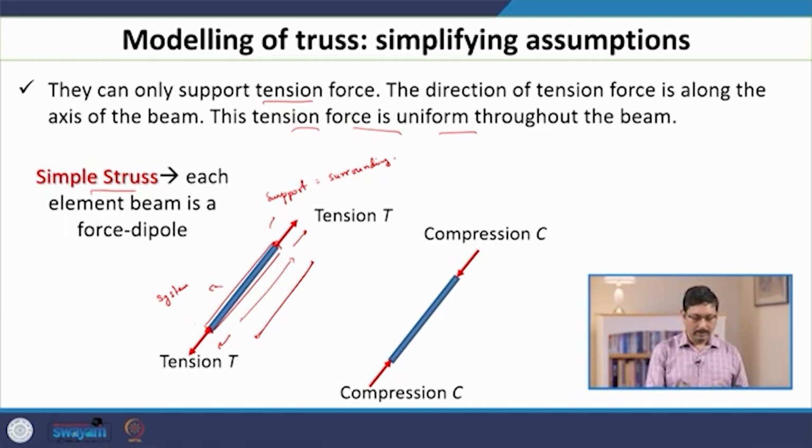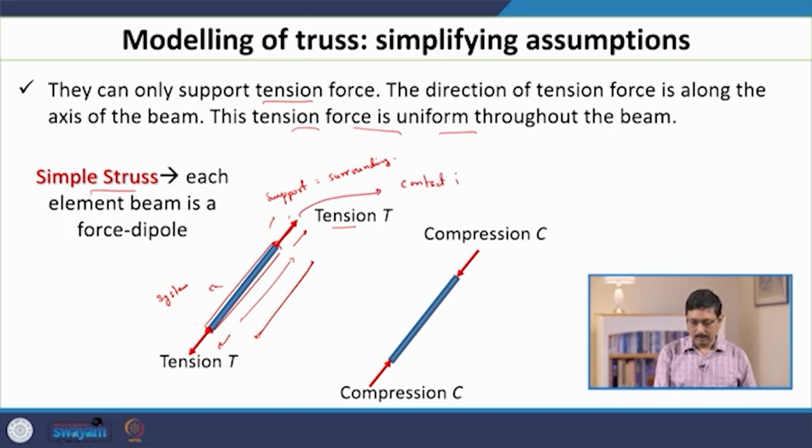then it immediately follows that the forces by the surrounding, that is by the support or the joint of the beam, on the beam must be equal and opposite, so that the net force is 0. Now, there are two possibilities: either these contact forces between the beam and the support are directed towards the support, away from the beam. In that case, by convention it is called a tension. So, these are the contact forces,